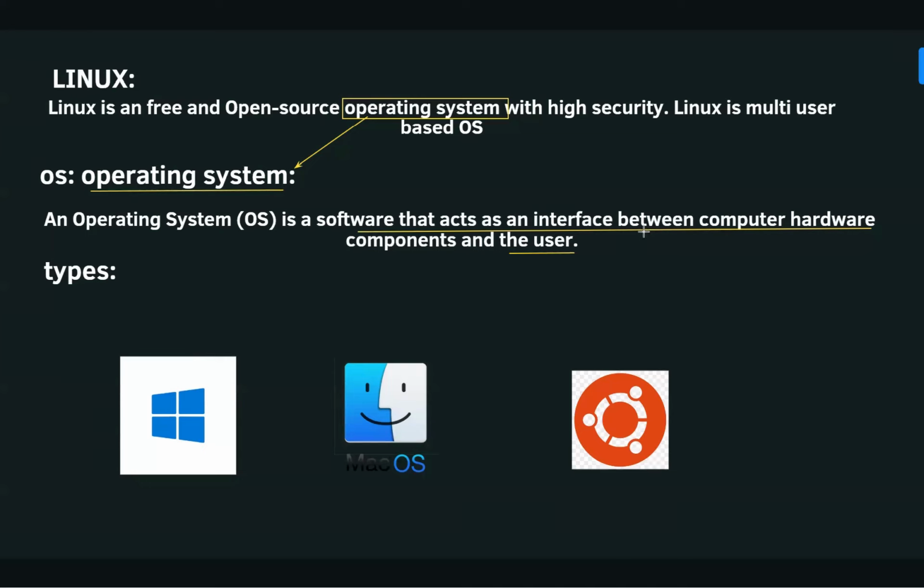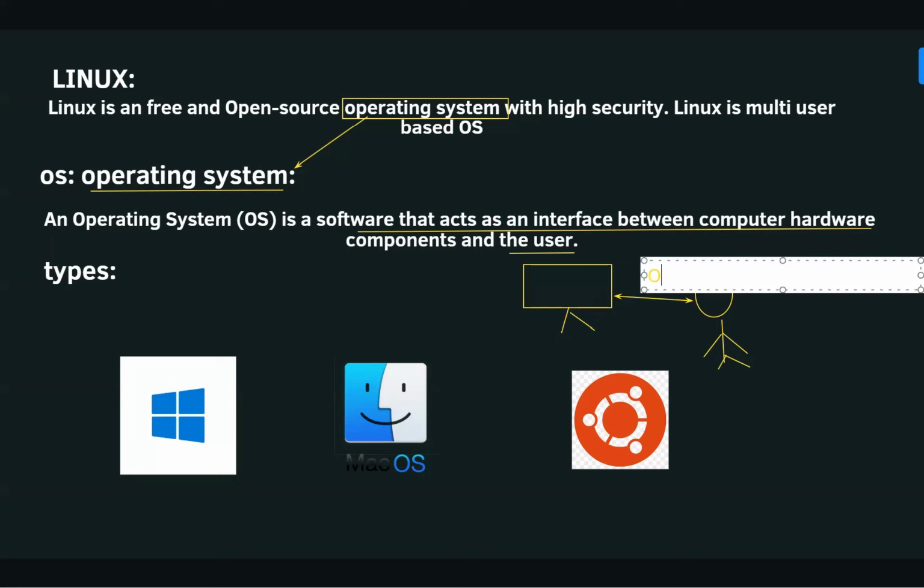So it is going to provide the interface between the user, nothing but the human. Let's say this was a human. So it is going to act as an interface between my server. Let's say this was our server. It is going to provide the communication, nothing but the voice.